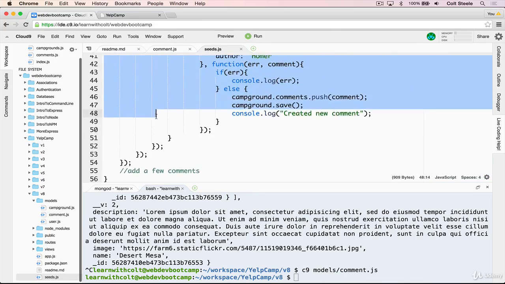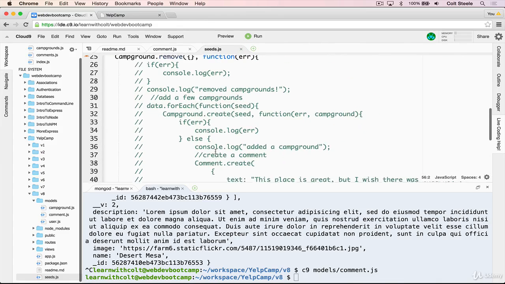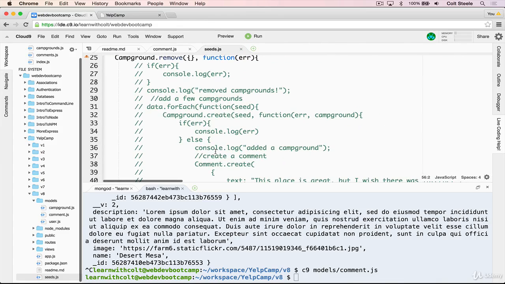Everything else we'll get rid of. Just comment it out. Because comments will now have a user ID and an author name or a username, and our code in here doesn't account for that. So basically I just want a blank slate to start from, so I'm not going to see the database,